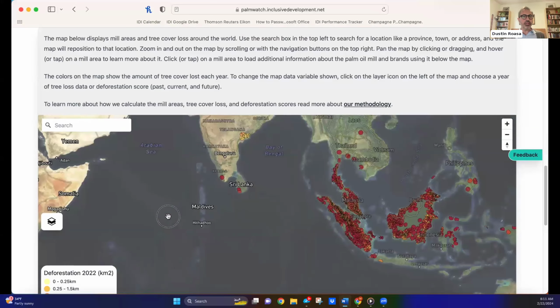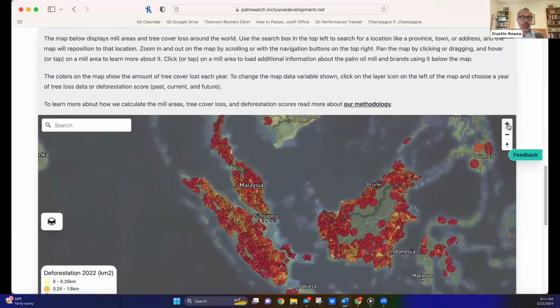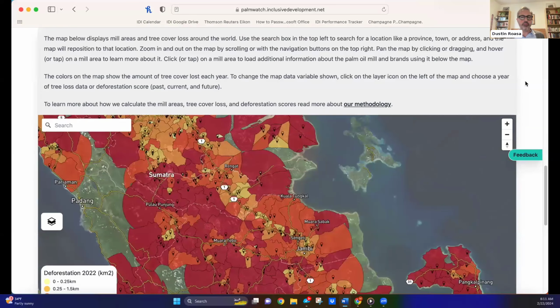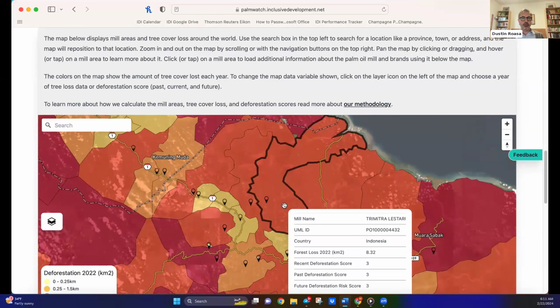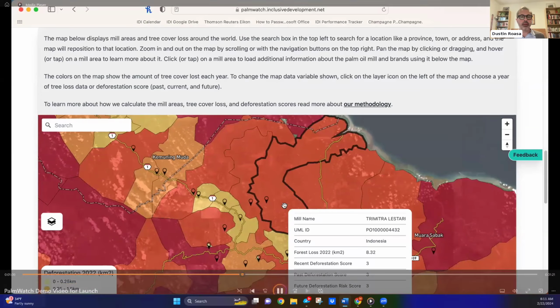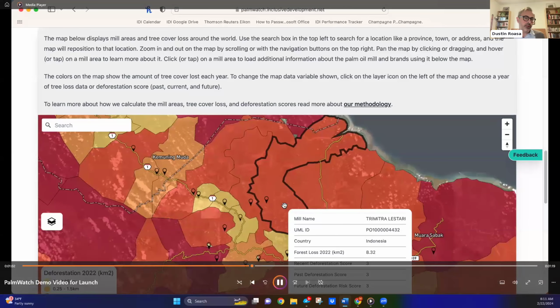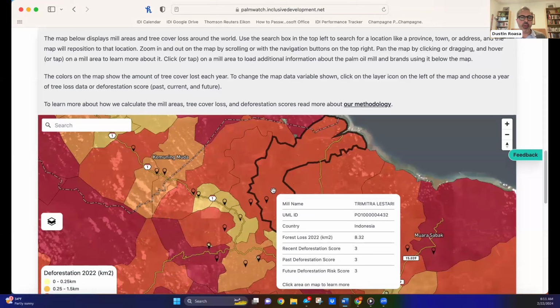locations. And you can zoom in on an individual mill, and you can see what we call the catchment area around each mill. And this shows where the mill is likely sourcing fruit from. And you can see as we zoom in, the little pins are mills, and then there are borders drawn around those. Those are the catchment areas. If you select one mill, you get a dark border, and you can really understand where that mill is sourcing fruit from. And this catchment area is based on the industry's own standards on fruit spoilage. And then we've added some advanced data science techniques on top of that, which David is going to talk about.